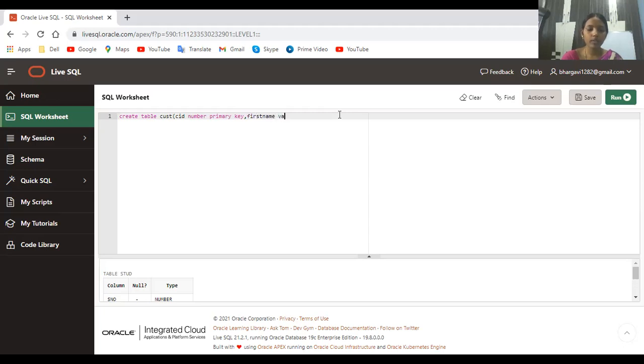First name is also character type, varchar2 of 20. I'm saying null. That means may be null, may not be null. Last name. That is also what? Varchar2 of 20. Now only the 3 columns I am writing. Close. So I'll specify this as not null.